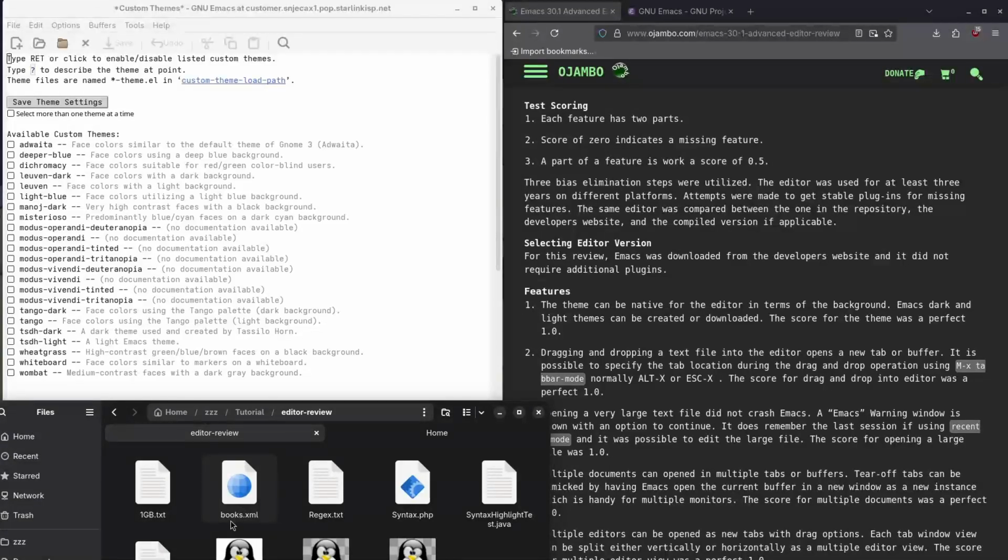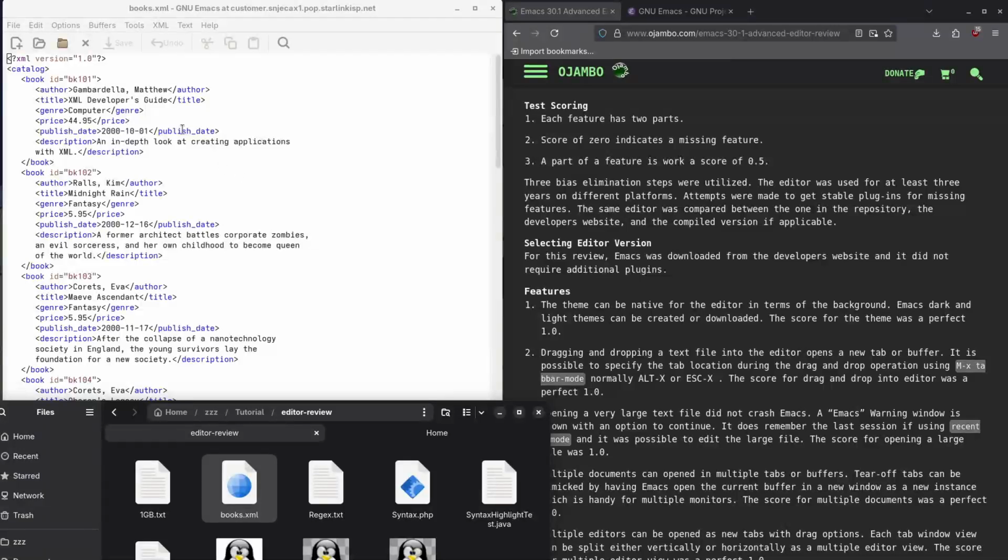So for example, I have this books.xml file, so all I need to do is drag and drop it here, and you see it picks it up automatically, and the dragging and dropping works extremely well. Now the other part of it, it actually does open up in a new tab of buffer, so that's perfectly fine. Now I can specify a tab location by using